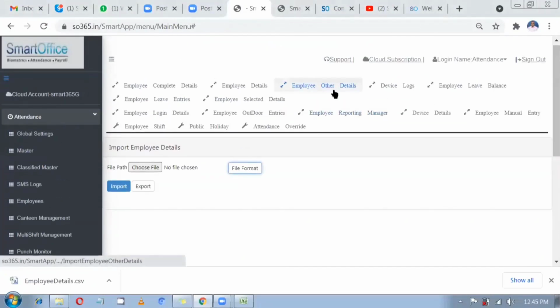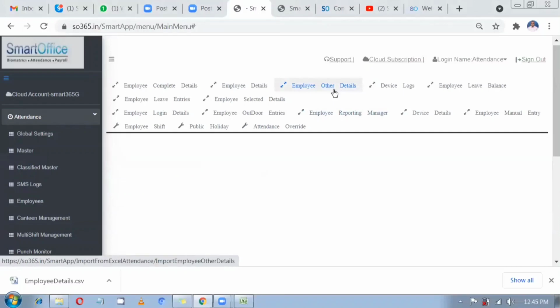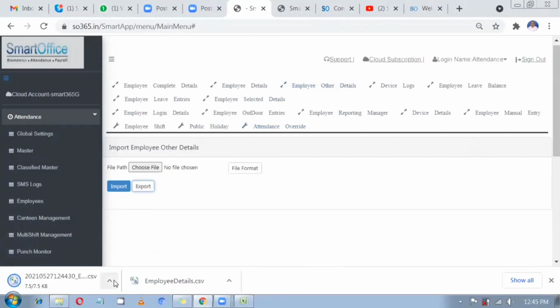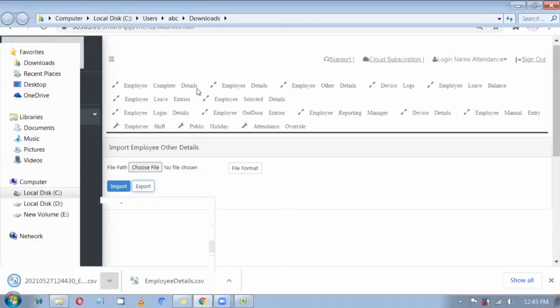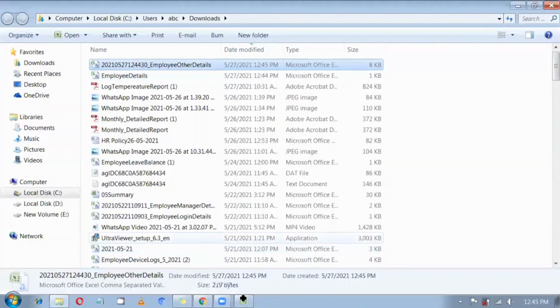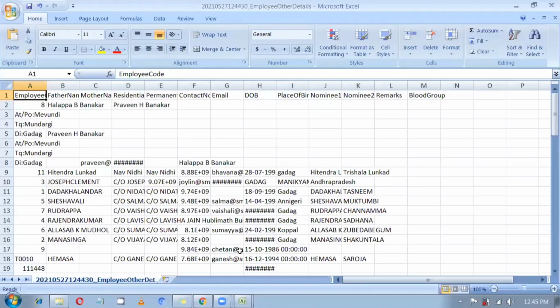Then coming to the employee other details. From the other details, you can import the employee email ID, father name, mother name, contact number, and email IDs. I'll get a file format for every option.